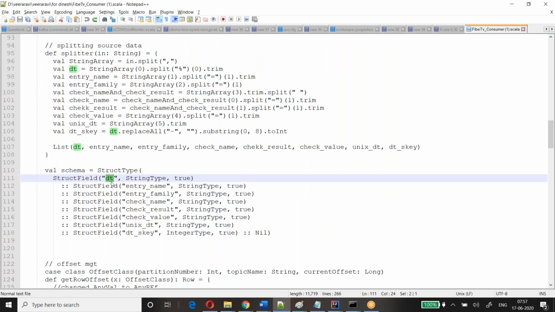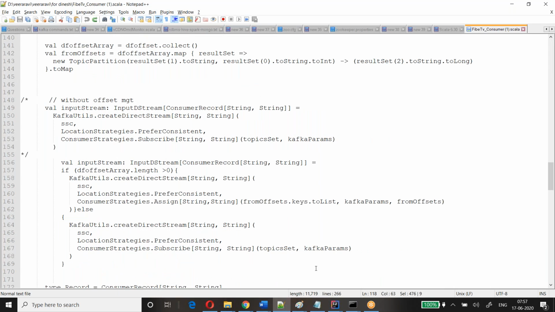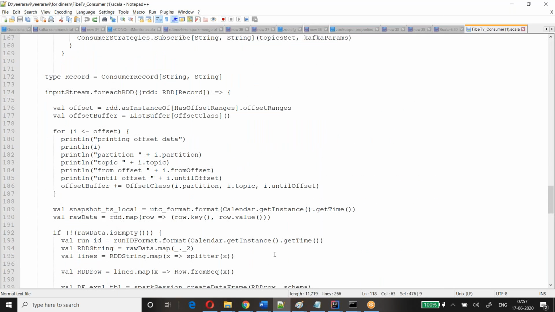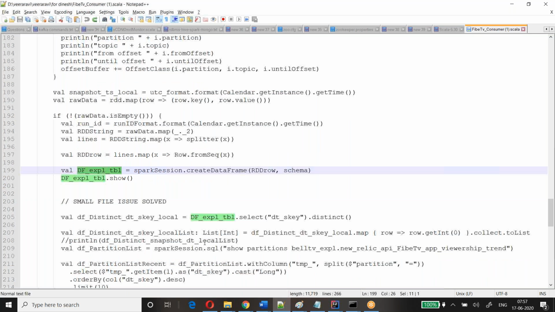First column is date, second column is entity name, third column is entity family name, result, value, date. These are the different columns. So here the schema is created. Once the schema is ready, once your row RDD is ready, you are getting a data frame. Then once you get the data frame and do data frame operations, I'm not going to get into that stuff. This is their business logic. It can vary business to business or project to project. Once the data frame is ready,